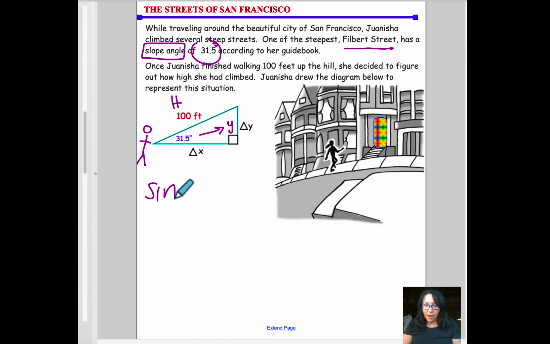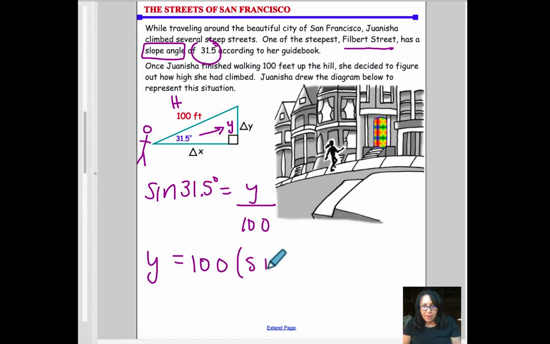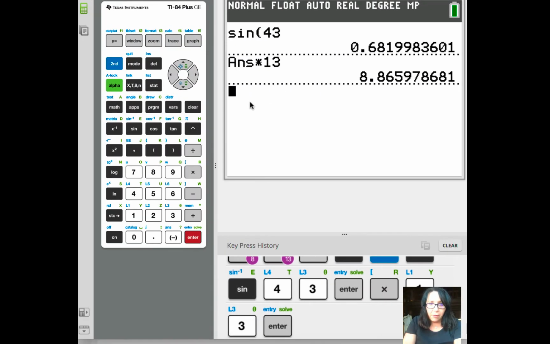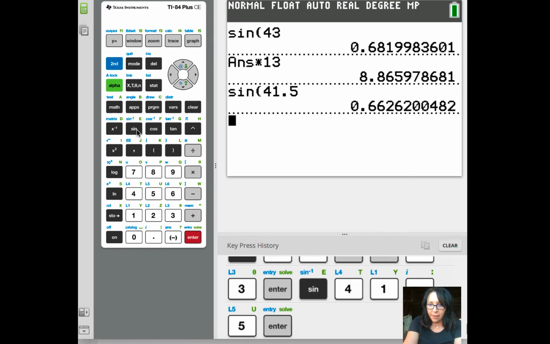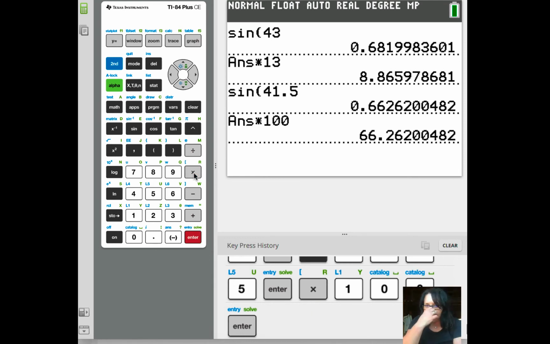So we're going to say sine of the angle, which is 31.5 degrees, is equal to y over the hypotenuse, which is 100. So I'm going to cross multiply. y is equal to 100 times sine of 31.5 degrees. So for this problem, I'm going to say sine of 31.5 equals, and then I'm going to take that value and multiply it by 100, and I get